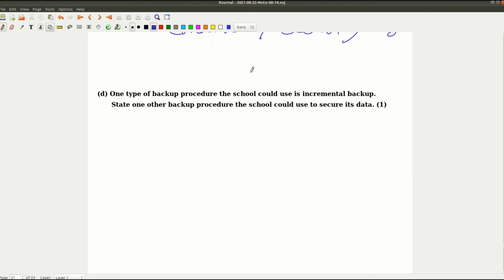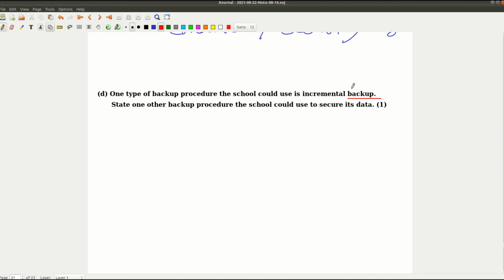One type of backup procedure the school could use is incremental backup. State one other backup procedure the school could use to secure its data. So what's the backup actually? What's the meaning of backup? Backup means